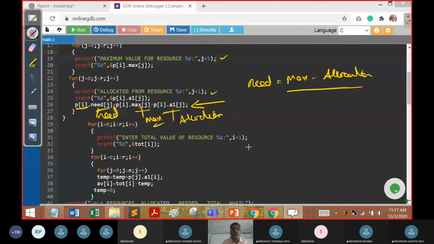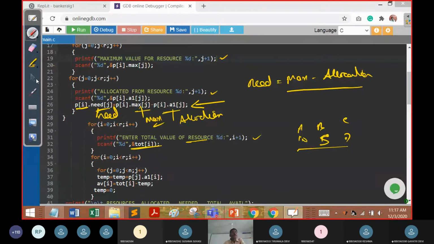Next one, what is the total number of resources it is going to consume? Total number of resources, we are going to input one after the other, whether A is 10 instances, B is 5 instances, C is 10 instances.